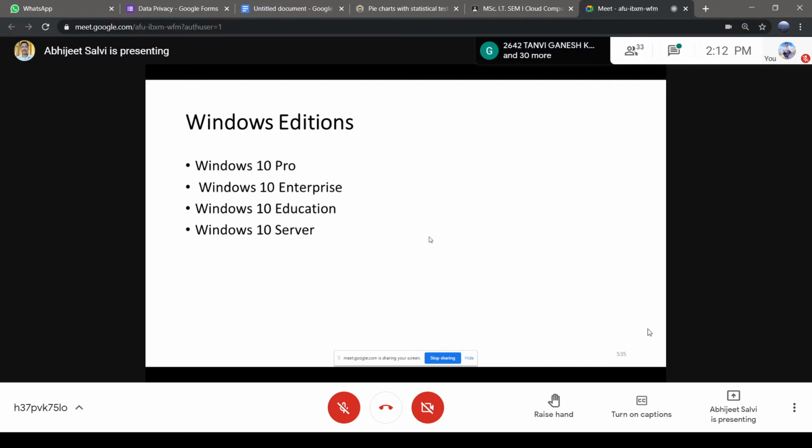Okay. So if you have a laptop or something, normally a Home Edition is installed on laptops, which are normal PCs or laptop versions. So you have to find out which version you have, and only then can you go for this kind of activity setup.